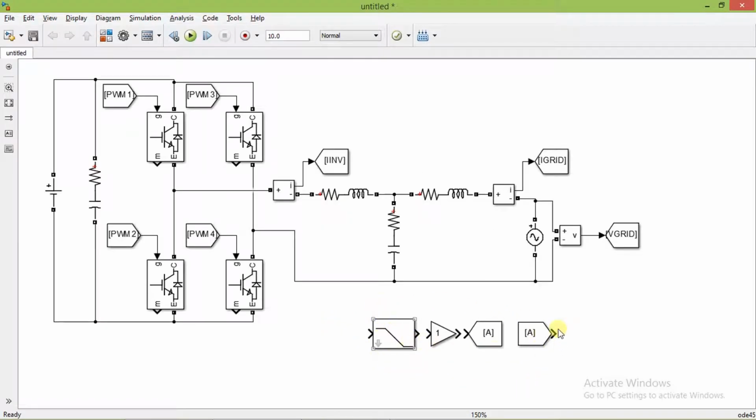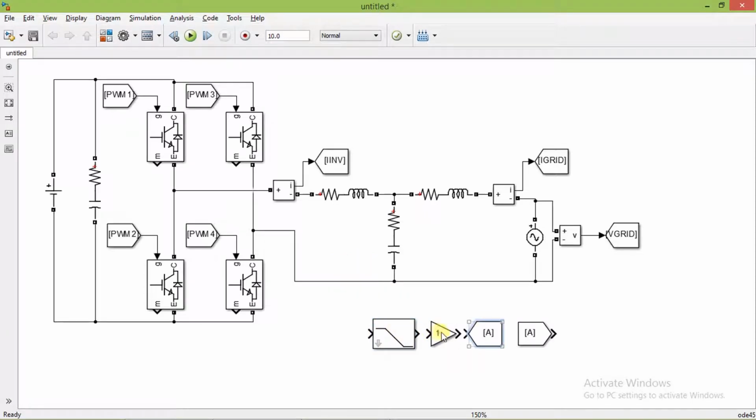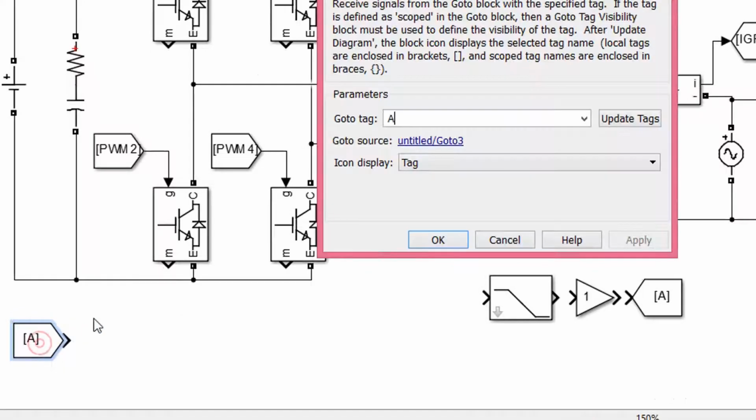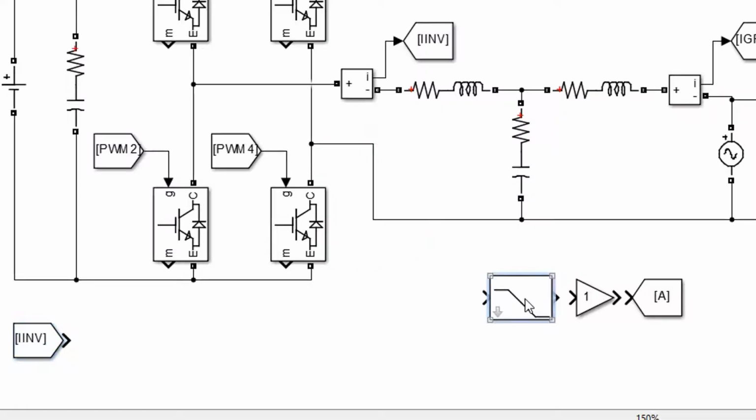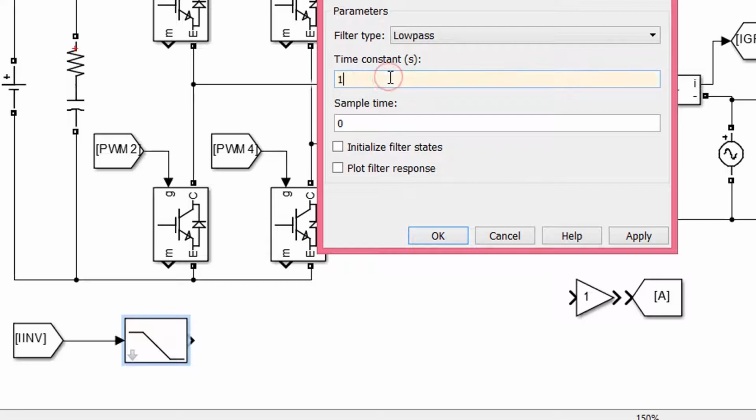These are the required blocks. First we generate alpha-beta signals for inverter current. Set low pass filter corner frequency 1 by 2 pi into 50.